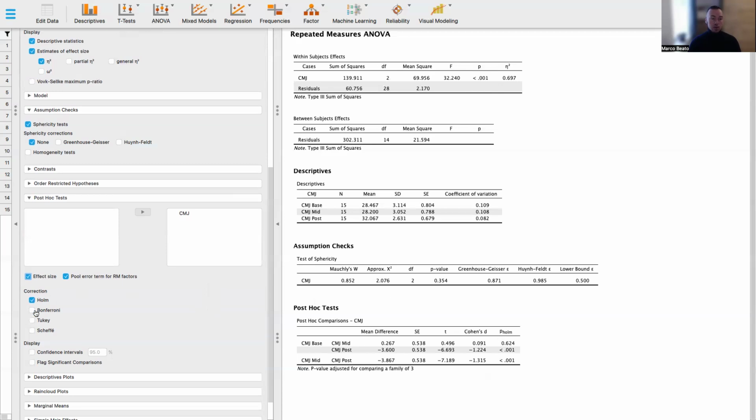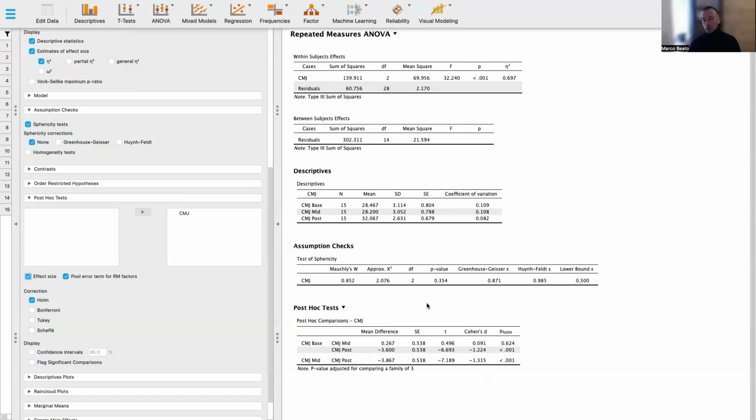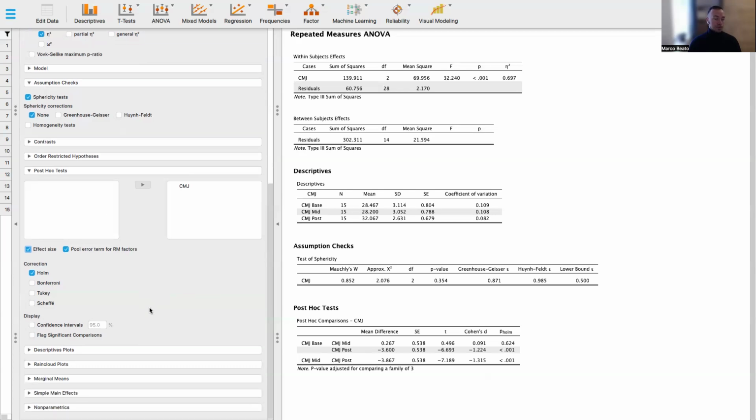Coming back to the post-hoc, you can see that you have different corrections. In this case, you can change to Bonferroni, Tukey, and Scheffé. But for this analysis, the post-hoc with the Holm correction is correct. So you don't need to have Bonferroni, although you can also use Bonferroni. The next step is to